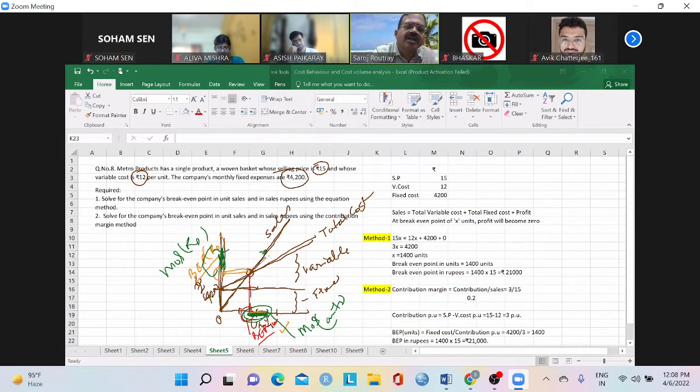The other thing, there is an angle formed. This angle is formed by two lines: the cost line and the sales line. The cost varies because of the variable cost, and sales varies because of the selling price or sales volume. This angle is because of the contribution. There is a difference between variable cost and fixed cost, and because of that, this line is there. So this is called angle of incidence.